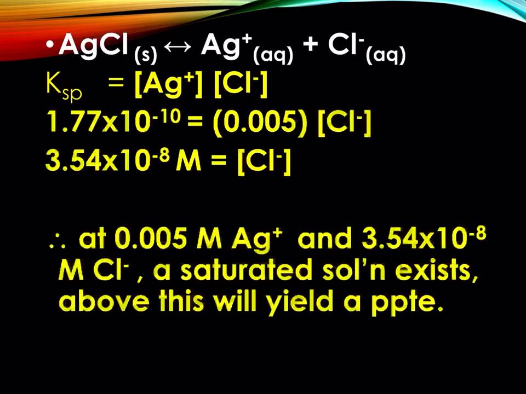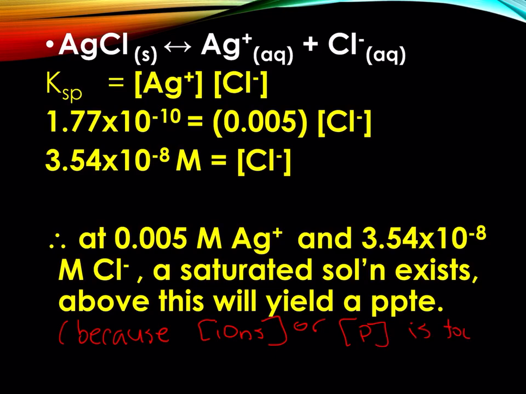and that would give a precipitate. Okay, so it says at 0.005 and 3.54 times 10 to the negative 8, then a saturated solution exists. Anything above these values will yield a precipitate. If you want to add more in there, you could, because the ions